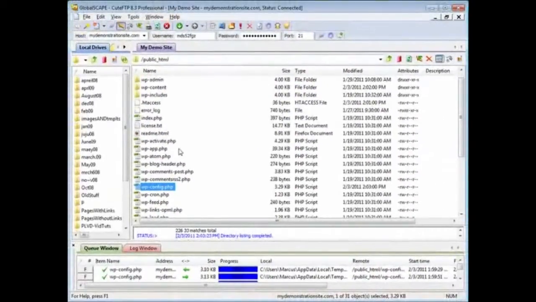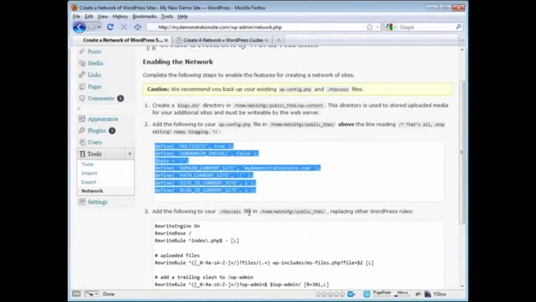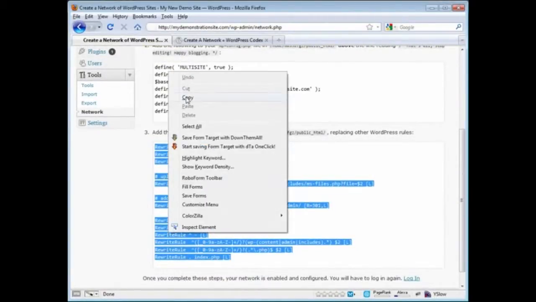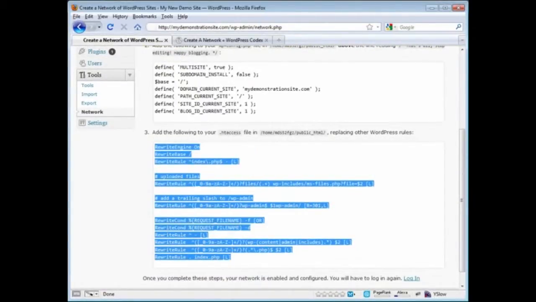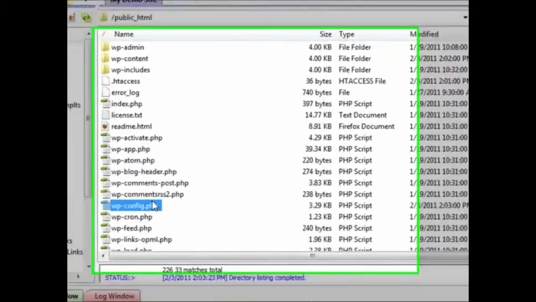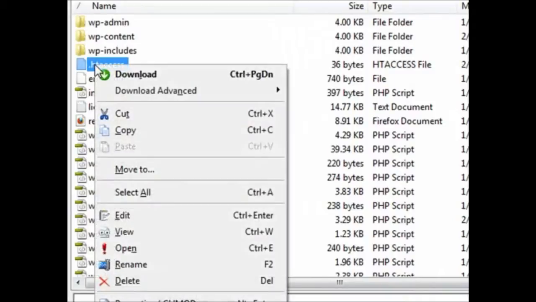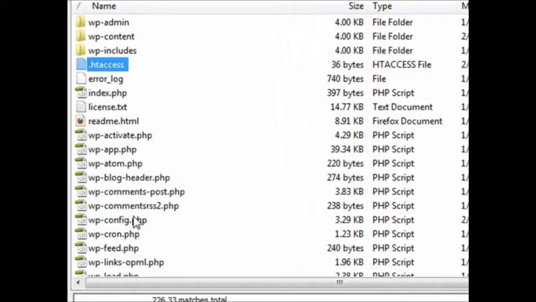close. And what else? Add the following to your .htaccess file in the root directory, replacing other WordPress rules. Okay, so this time we're going to be replacing, not just adding to. I want to get all this stuff here in my clipboard. Right click, left click on copy. Come on back here to the FTP client, and we are in the root directory, htaccess. Right click, left click on edit,